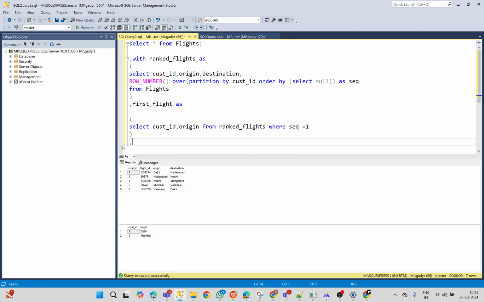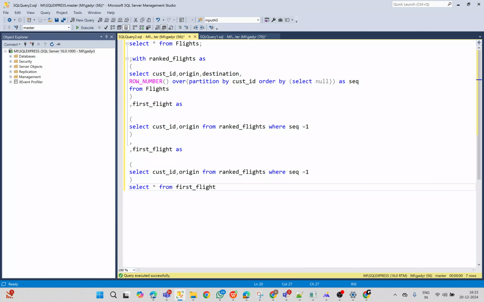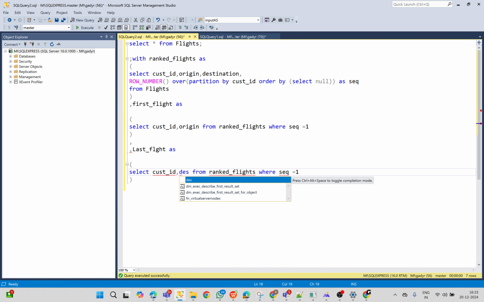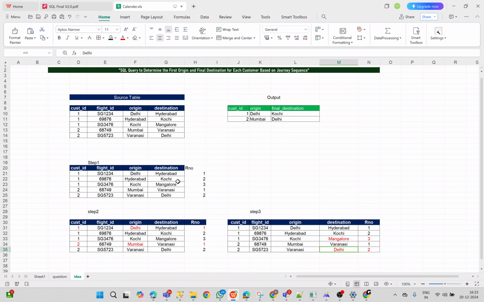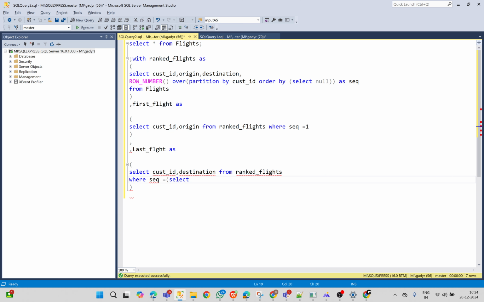Let's remove this one. Same way, one more CTE. This is the final flight, last flight. Let's remove this one. Customer ID I need. Here I need destination from ranked flight, where this is a tricky one. Here we have to use max 1, not from the entire table, but based on the customer. The max 1 for this particular customer is 3 and for this particular customer is 2. So we need to write it in this way. Max sequence only,